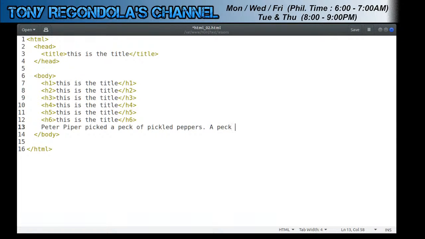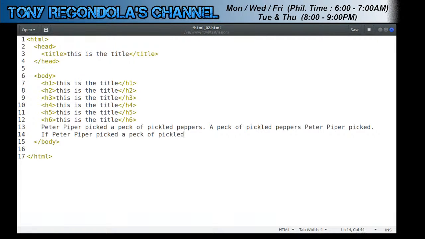A peck of pickled peppers, peck of Peter Piper picked. If Peter Piper picked a peck of pickled peppers,